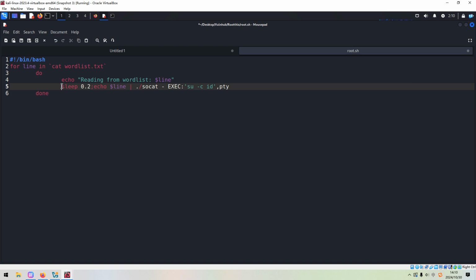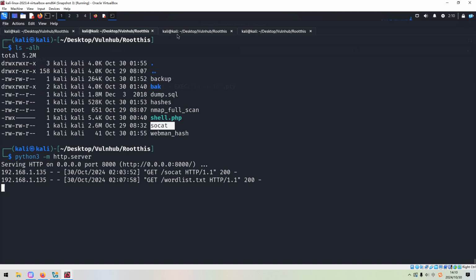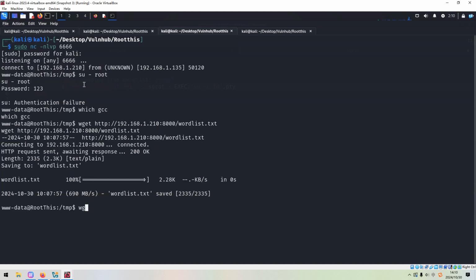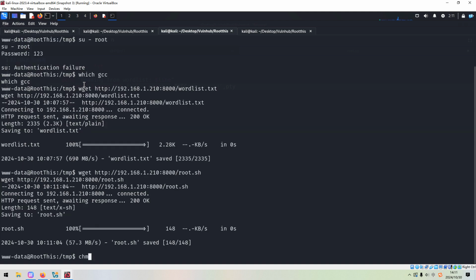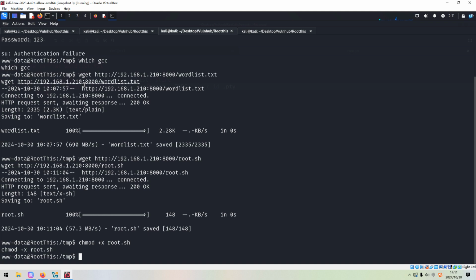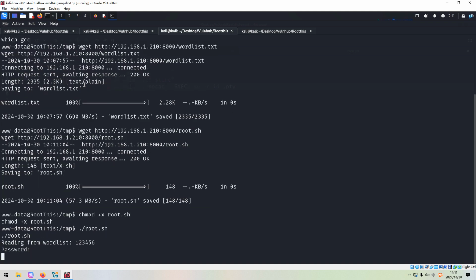Also, I think we need to put, okay. Now we save and upload this script to the target. Hopefully, I didn't have any error. Root. And then we can make it executable, and then we just run it.